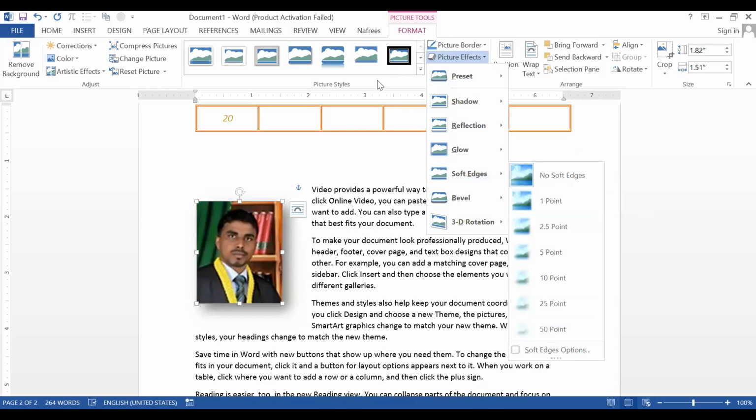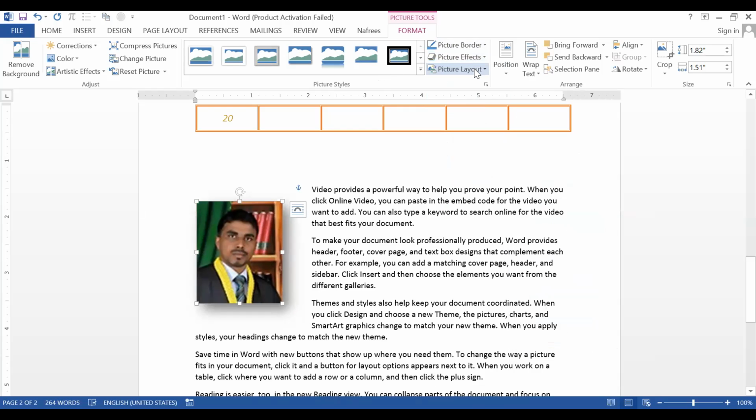Okay, so these really help you to work with your picture style to create the borders, shading, 3D style. So those kind of things can be handled using these picture styles under the format ribbon area. Okay, now come to here. This is another important part, crop. So the crop button, this is the basic crop. So you can crop your picture as you wish.